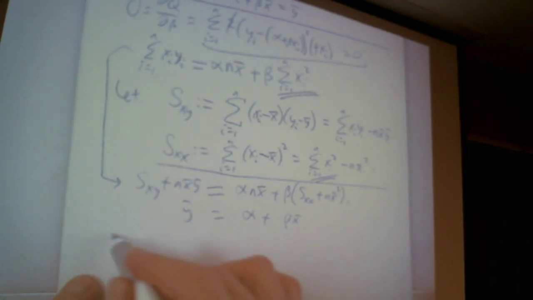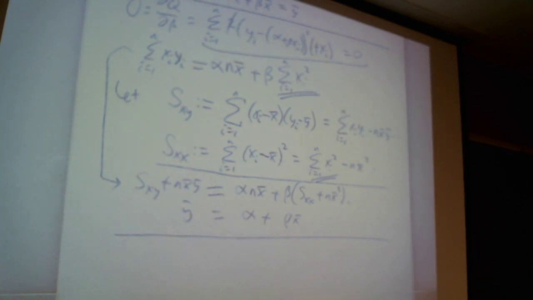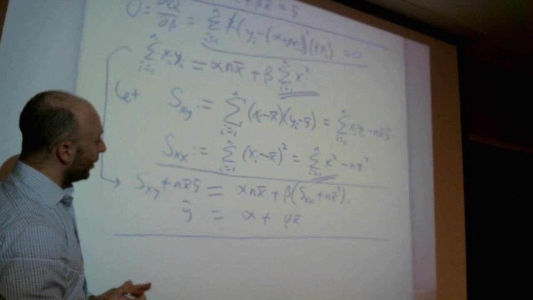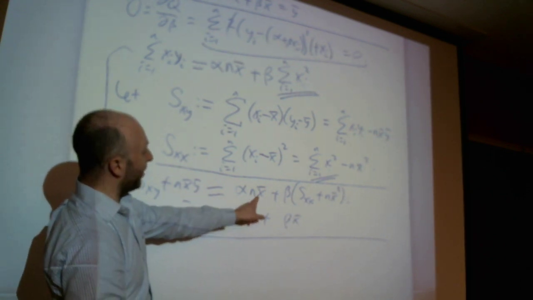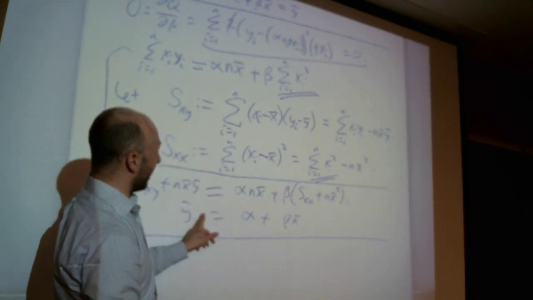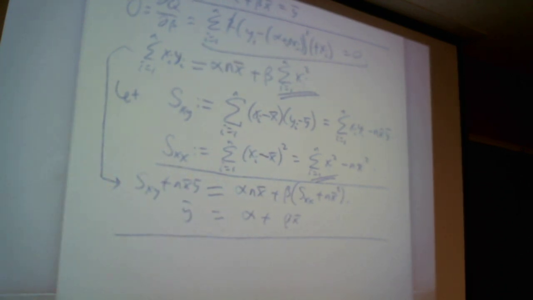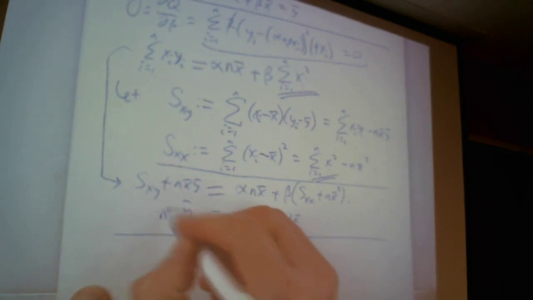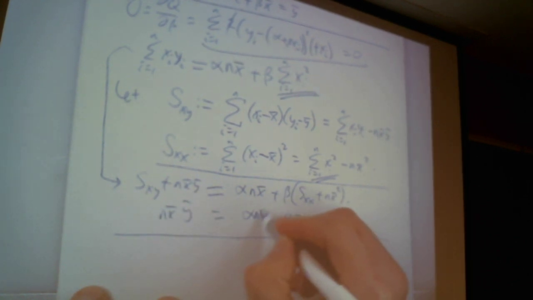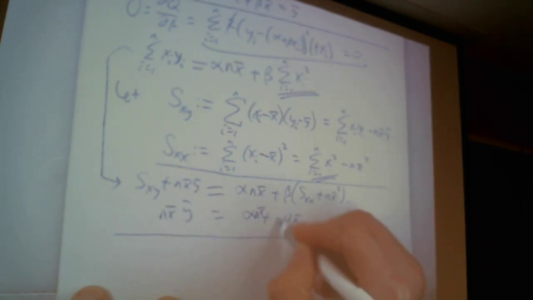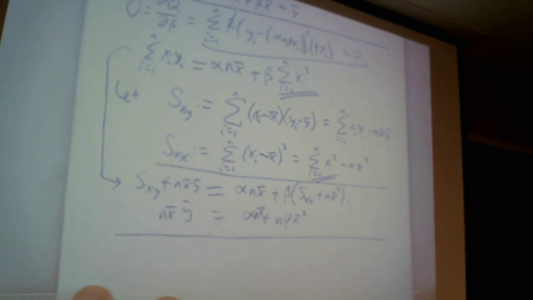So we solve these two equations together. Any suggestions for what we could do? Solve for alpha first. We could solve for alpha, or we could multiply both sides by n x bar and subtract. Okay, so if I multiply by n x bar and I subtract the two equations,